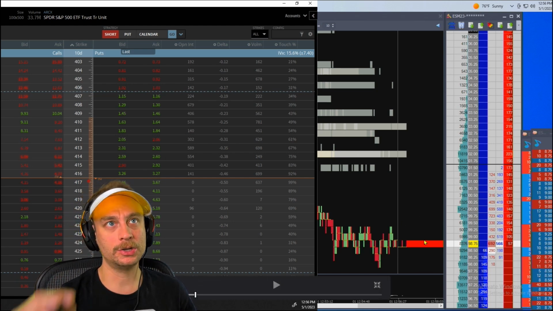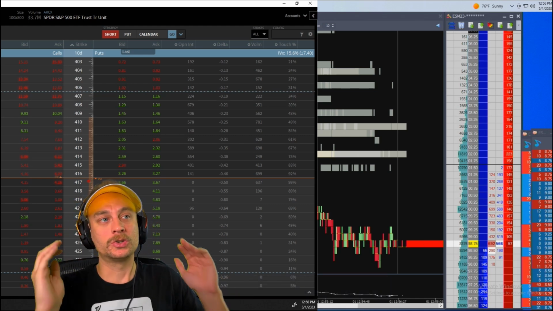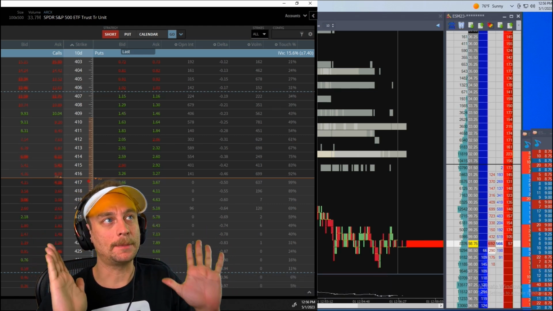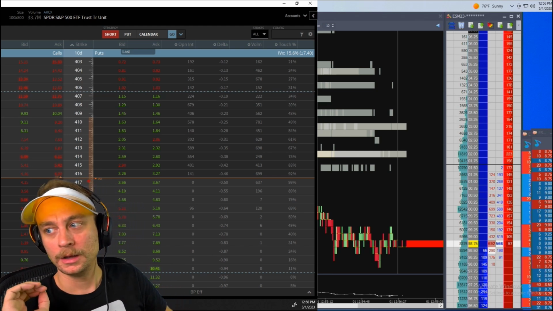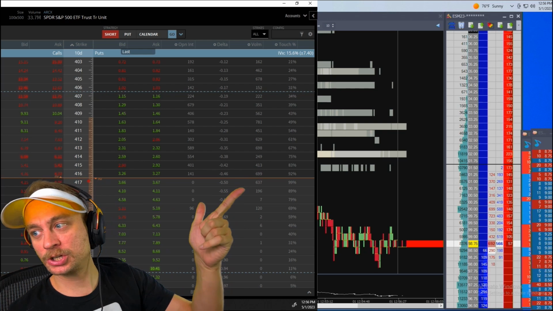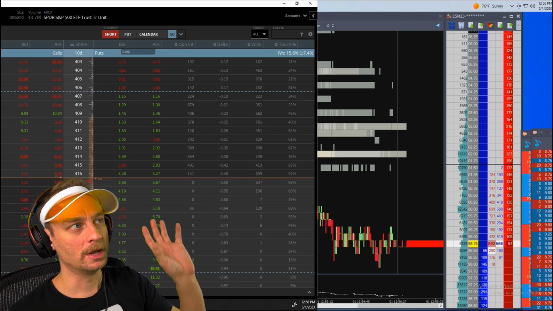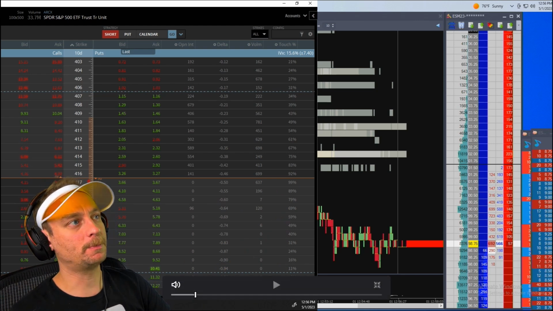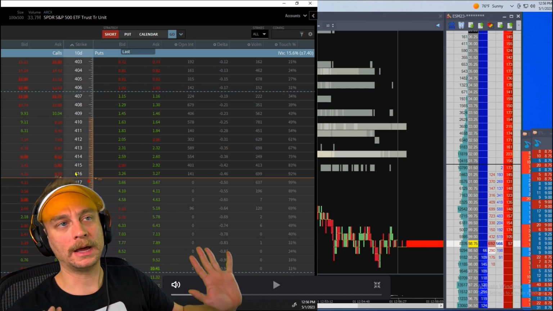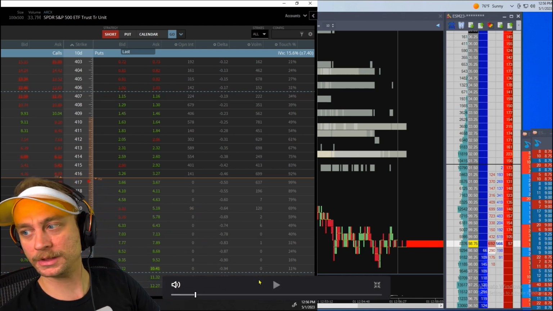Now, what I wanted to do was put up an actual ES E-mini DOM, so that way you guys can see how the option chain is moving with the ticks in the ES. This is actually SPY. This is not SPX. So the price on SPY is going to be a bit different. But we're going to talk more about stuff later in the video. But for now, let's go ahead and look at this trade.